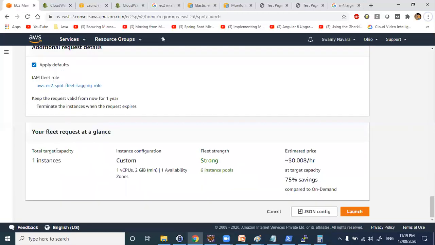Then default roles. If you see here, the estimated price per hour is 0.008, which is almost 75% savings on top of the on demand we are using. In the fleet, we also have 6 instance pools. Suppose you are trying to do a lab, for example a DevOps lab where you want to run a Jenkins server. You can use a spot instance for 6 hours, because even for Indian users launching in the Ohio or North Virginia region, it is night time there, so the on demand will never increase, and your spot instances will definitely not be terminated without notice.